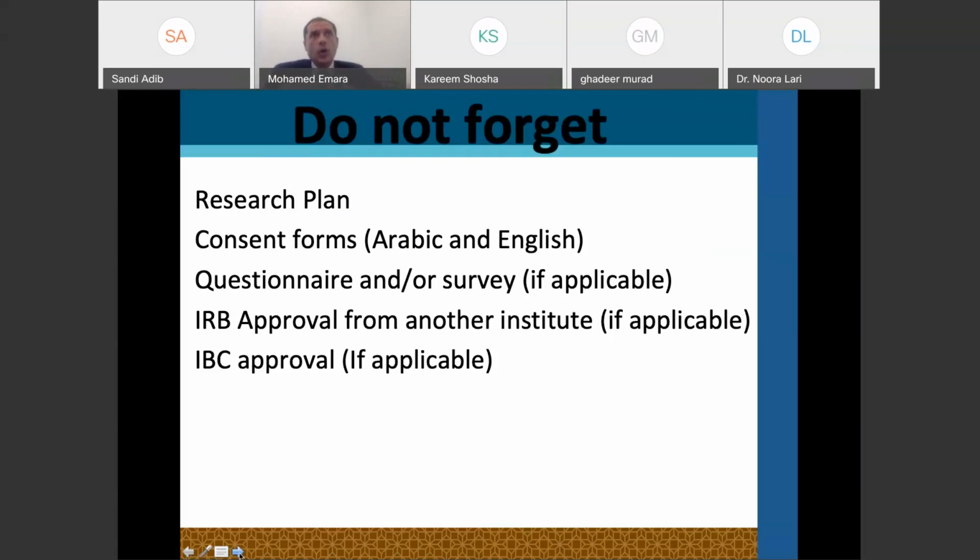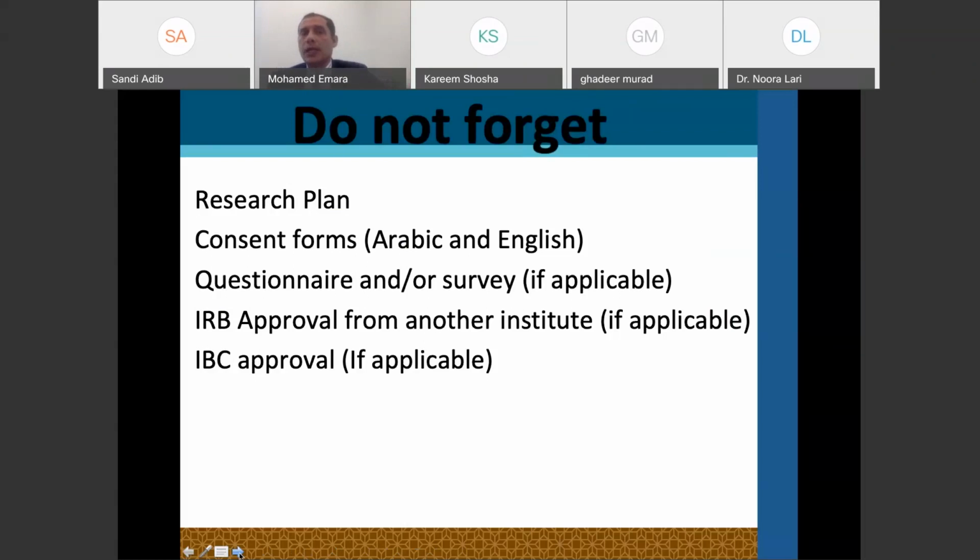However, in some cases, if you ask me, please give me an approval to help me speed up my process for those other approvals to go, like HMC will not give me an approval now, except when you give me an approval. I will tell you, okay, I will give you a conditional approval. If everything is okay, we can give you a conditional approval. So you can take it to HMC, tell them, okay, here QU-IRB is preliminarily approving my study, but I will not be able to start the study except when I get the approval from you guys. But this is to tell you that they have no objection. This is what's called conditional approval, and it's very clear.